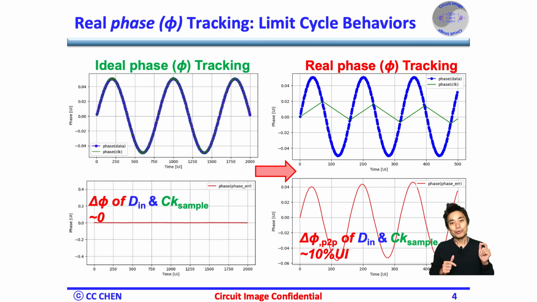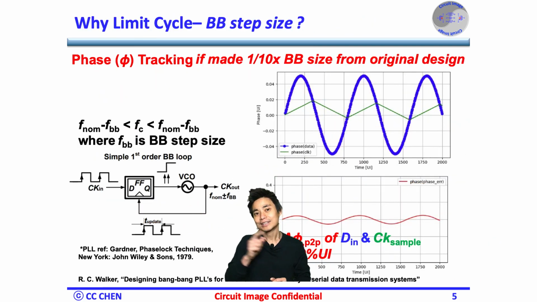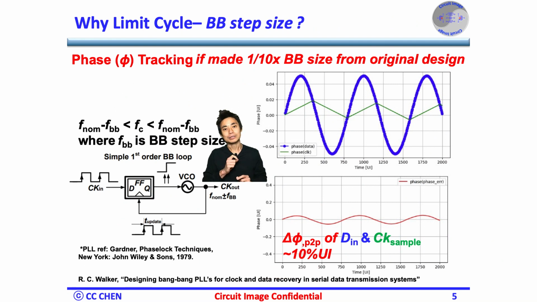Let's start with how the limit cycle behaviors came from, such that you will appreciate all the images provided by the phase tracking modeling here. Think about the root causes of limit cycles for 5 seconds. Correct. If the phase correction of the bang-bang step size of the bang-bang CDR is too little to track the